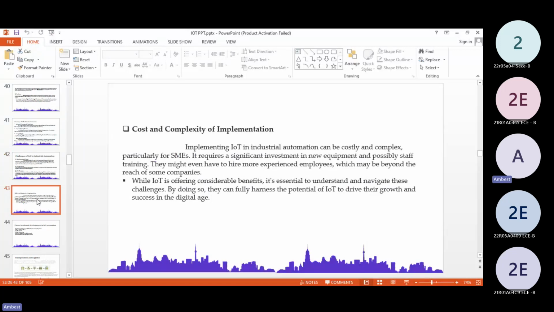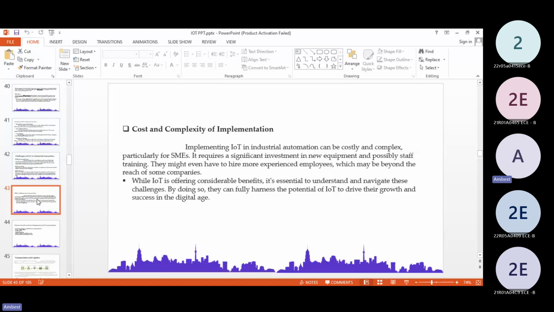The next thing was the cost and complexity of implementation. Implementing IoT in industrial automation is obviously going to be costly and complex, particularly for SMEs. It requires significant investment in new equipment and training the staff very well to make it profitable. It may also need more experienced employees, which may be beyond the reach of many companies. While IoT offers considerable benefits, it is essential to understand and navigate these challenges.